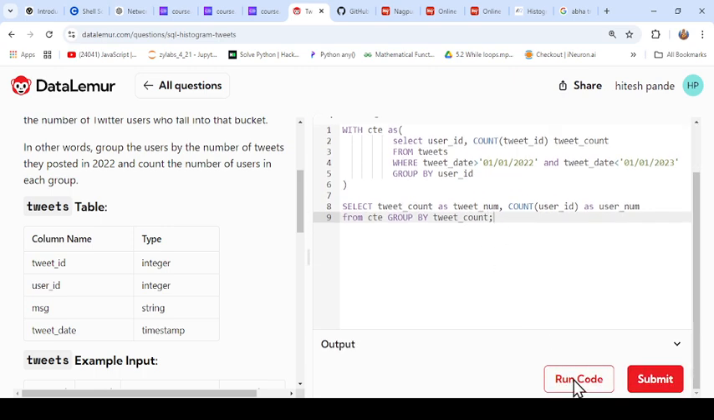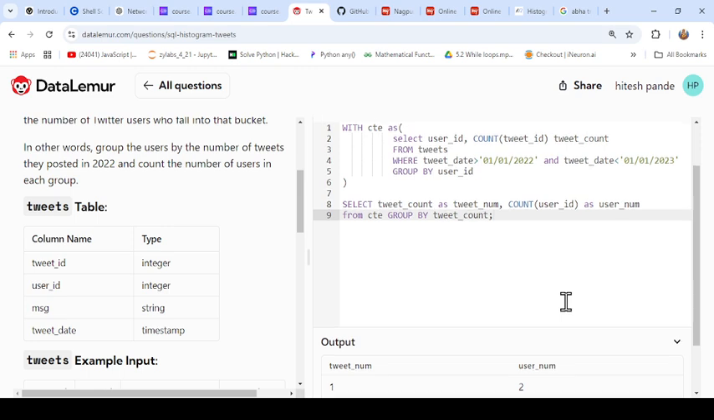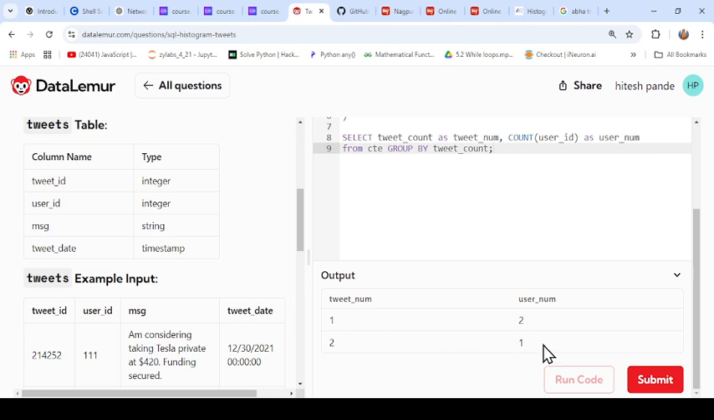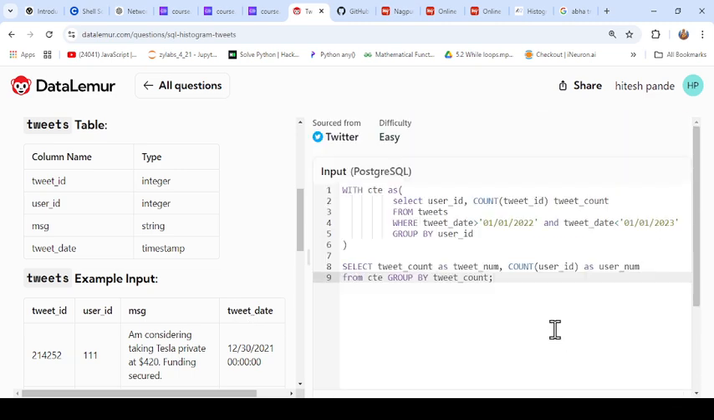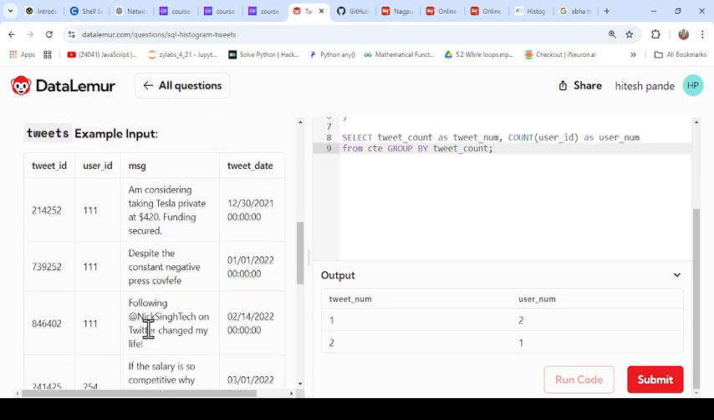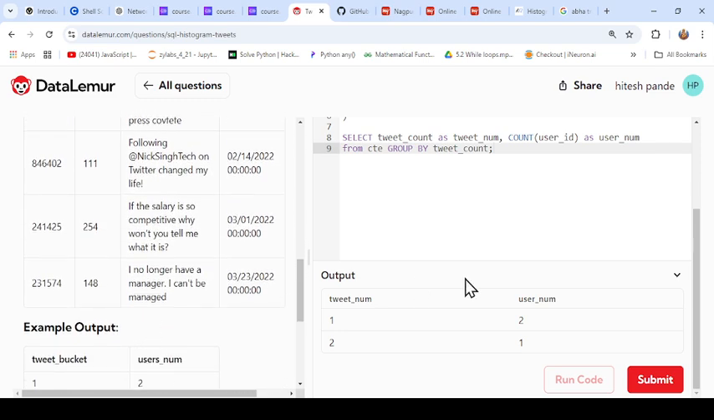Now we are trying to run this query, to see whether it will give the correct answer or not. So it is giving the number of tweets that have been done by the same user ID. Actually user ID is renamed with column alias as user num. So a user whose ID is 2, they had tweeted one time. A user whose ID is 1, they had tweeted 2 times. Okay, so this is our